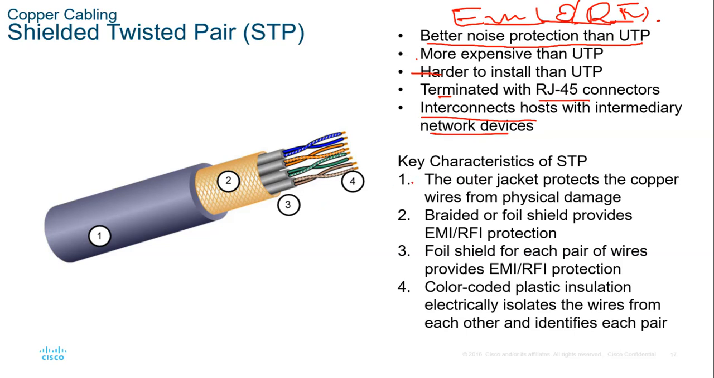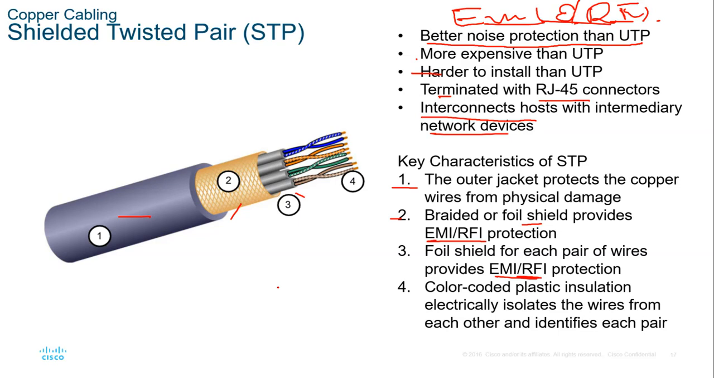Key characteristics, they're the same. One, the outer jacket protects the cable and copper wires from physical damage. Two, the braided or foil shield provides protection from EMI and RFI. Three, we have the foils, shields for each pair of wires, to protect the inner wires